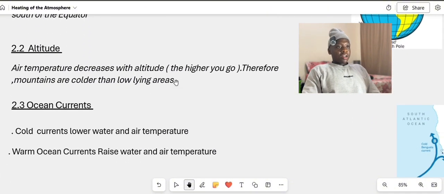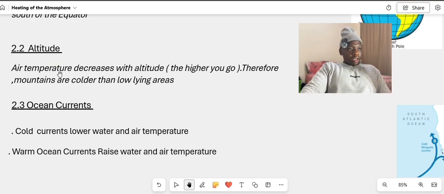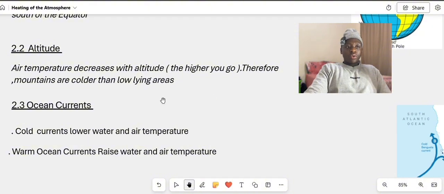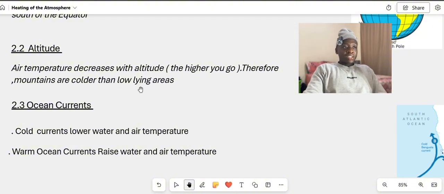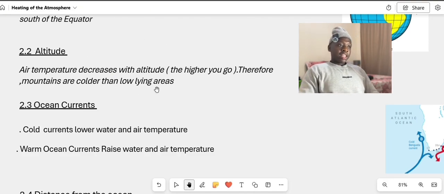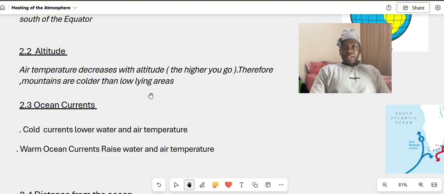Another factor that affects temperature is altitude. It says here, air temperature decreases with altitude, the higher you go. Therefore, mountains are colder than low-lying areas. It means that the higher you go, the more air temperature decreases, meaning that mountains are colder than low-lying areas. For example,